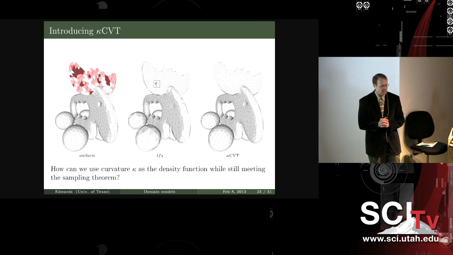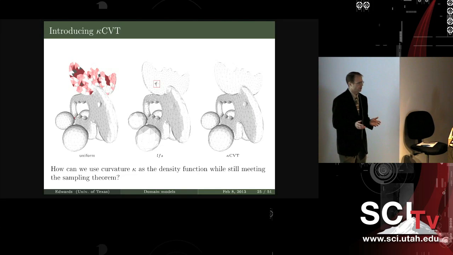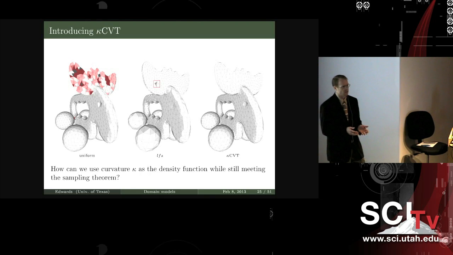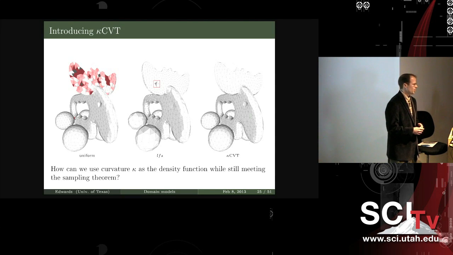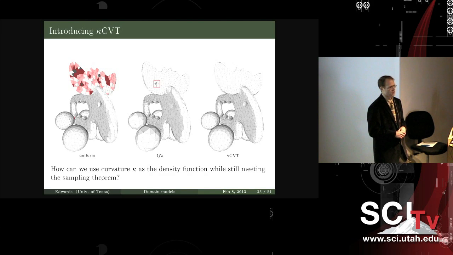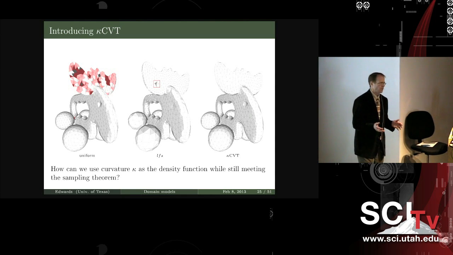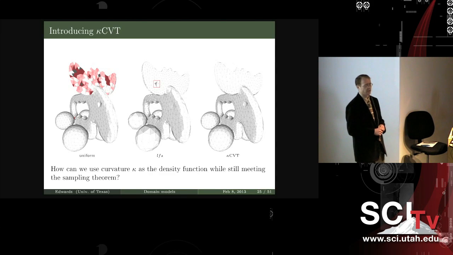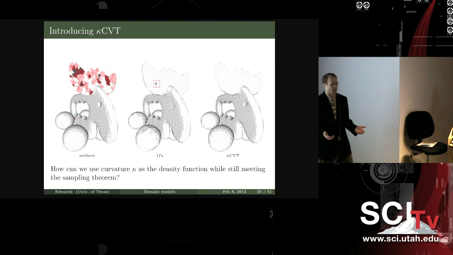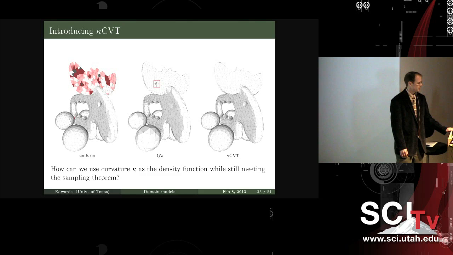So enter our idea, which we call K-CVT. We wanted to use the CVT algorithm, but not using local feature size as the density function, but curvature, which makes a lot more sense. And because we were able to do this, we avoid topological errors in almost every case. So the uniform CVT, as you can see in the horns of the moose, there are very many topological problems. Even with the local feature size as the density function, we have one, and that's because we simply didn't have enough samples allocated. But our algorithm uses the exact same number of samples as the other two cases, but